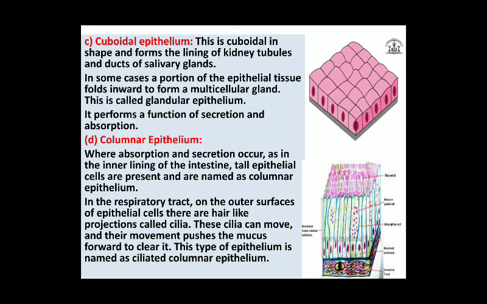And this columnar tissue helps in absorption of what? Absorption of nutrients and secretion of gastric juices, and provides mechanical support to the organs. So what are the functions here? The columnar tissues help in the absorption of nutrients, secretion of gastric juices, and provide mechanical support to the organs. So glandular epithelium tissues form what? Multicellular glands which produce chemicals.